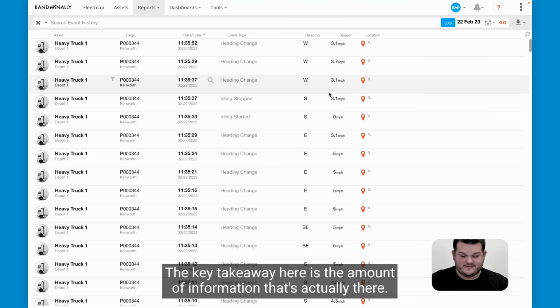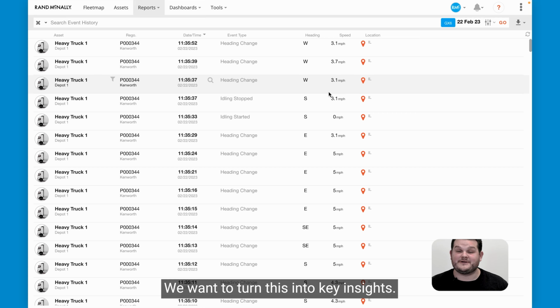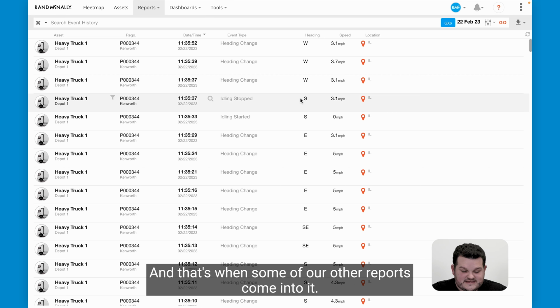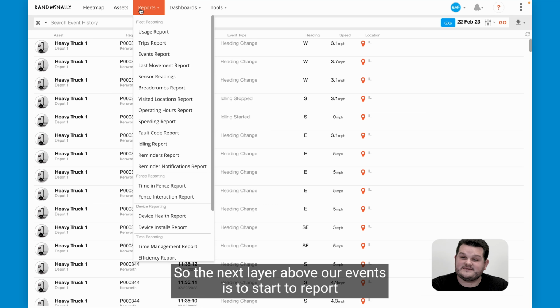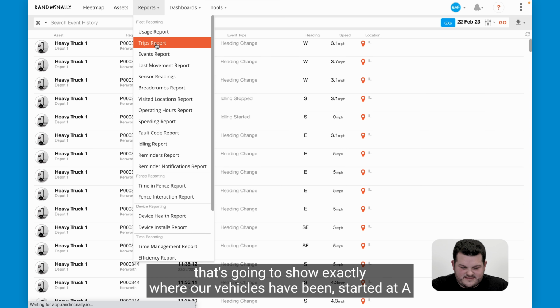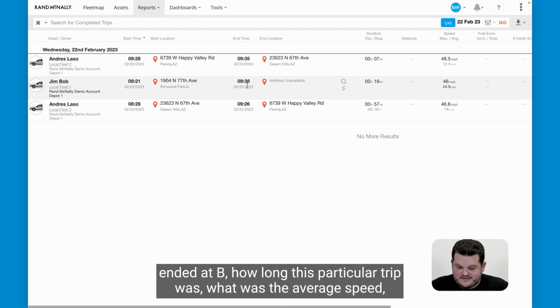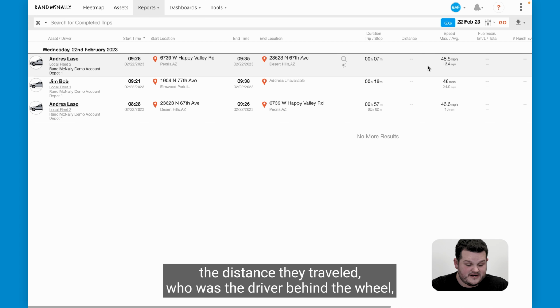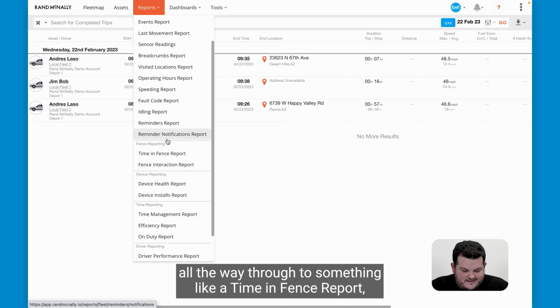The key takeaway here is the amount of information that's actually there. There's a lot you can report on, but obviously we don't want analysis paralysis. We want to turn this into key insights, and that's when some of our other reports come into it. So the next layer above our events is to start to report on some of the insights we're getting. So things like our trips report, that's going to show us exactly where our vehicles have been. They started at A, ended at B, how long this particular trip was, what was the average speed, the distance they traveled, who was the driver behind the wheel,